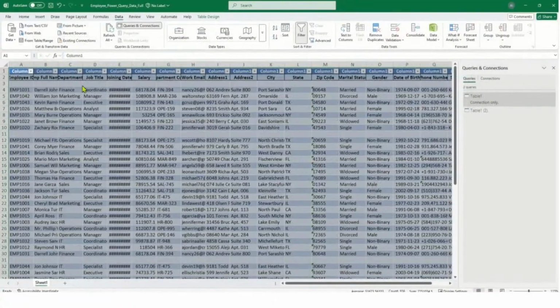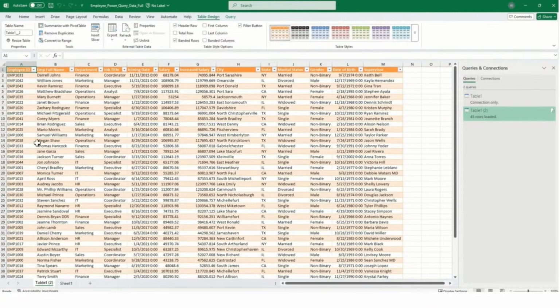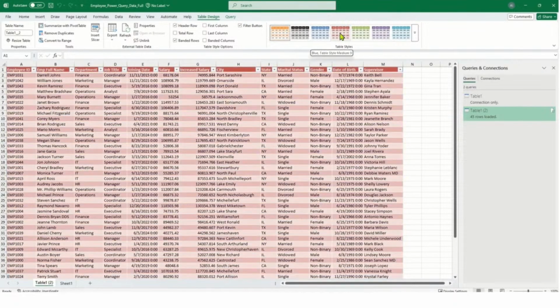जैसे ही आप क्लिक करते हैं, पावर क्वेरी का पूरा डेटा और सारी सेटिंग्स कॉपी होकर एक न्यू शीट में अवेलेबल हो जाती है। ये देखिए, हमारा फॉर्मेटेड डेटा लोड हो गया है एक न्यू शीट में, और क्योंकि ये एक टेबल है, इस पे ऑटोमेटिकली टेबल फॉर्मेटिंग भी हो गई है, जिसे आप टेबल स्टाइल से चेंज कर सकते हैं।